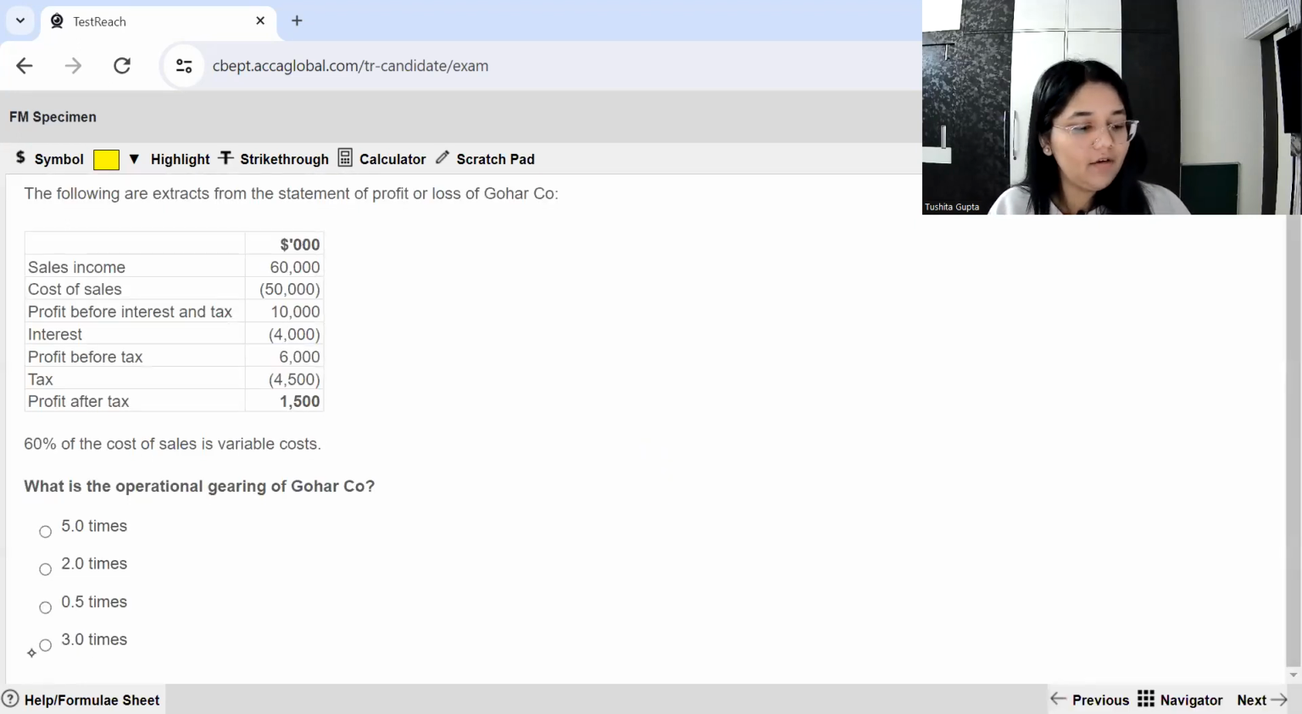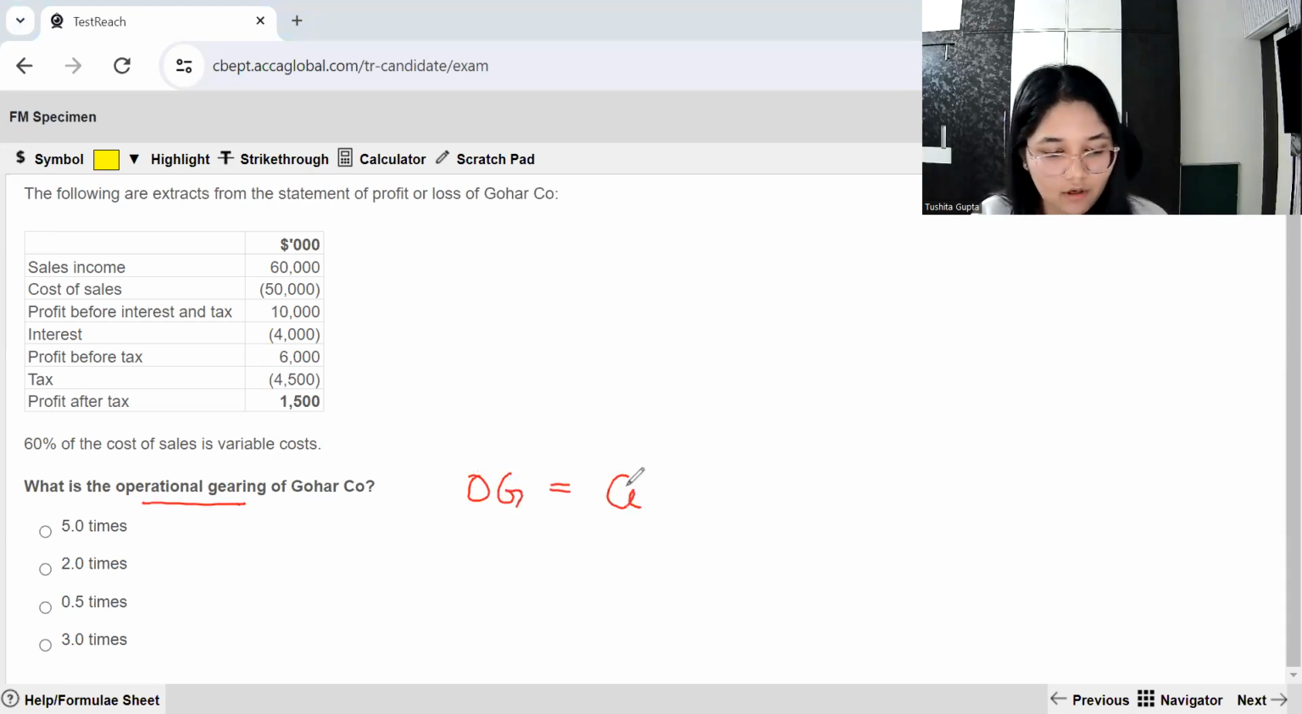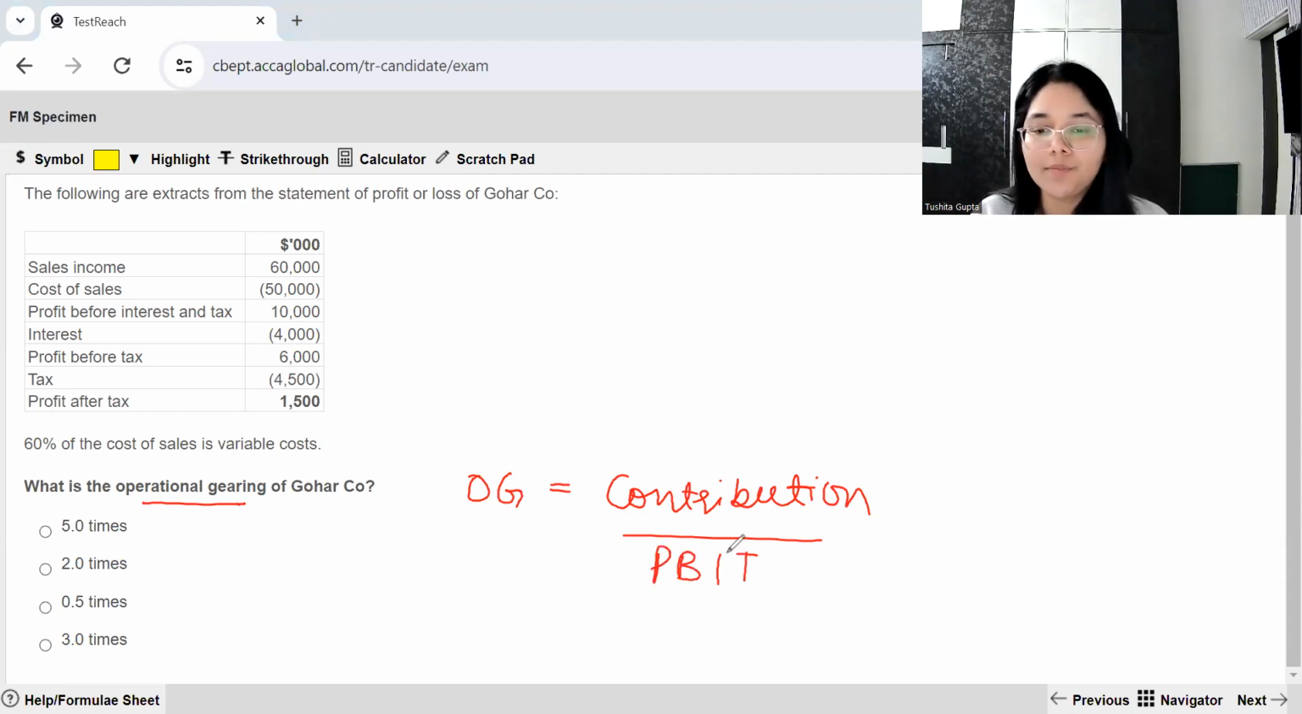Now we have to find out the operational gearing of G company. We have the information also given with us. So we have the sales income, we have the cost of sales, we have the PBIT. First of all, it's very important to recollect the formula of operational gearing. Operational gearing is equal to contribution upon PBIT. First of all, we need to find out the contribution for our numerator. So the contribution